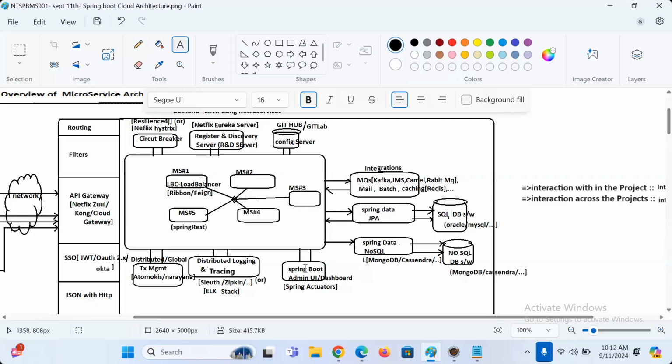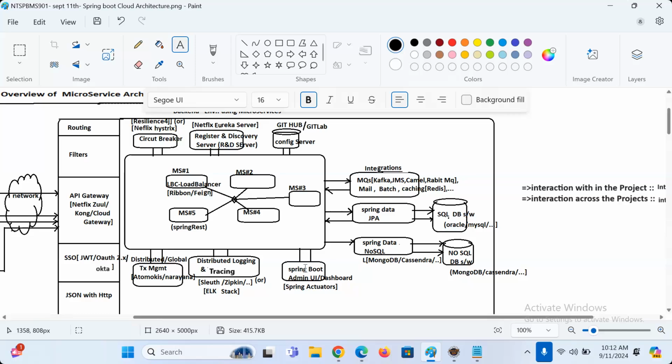One actuator is giving the environment of the project. One actuator is giving all beans information. One actuator is giving all processes information. One actuator is giving all threads information. One actuator is giving all config properties information. One actuator is giving system details, guys, current computer system details. Like this, we have a lot of actuators.